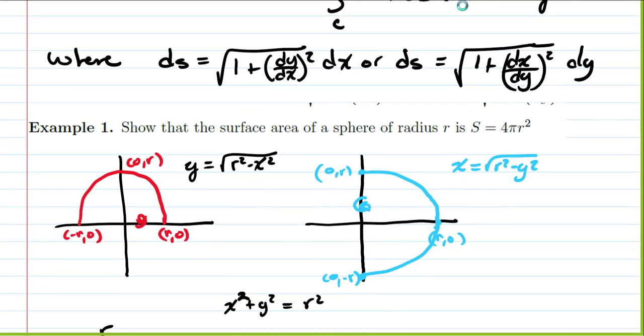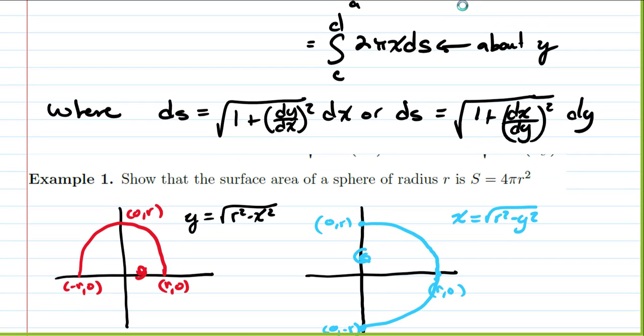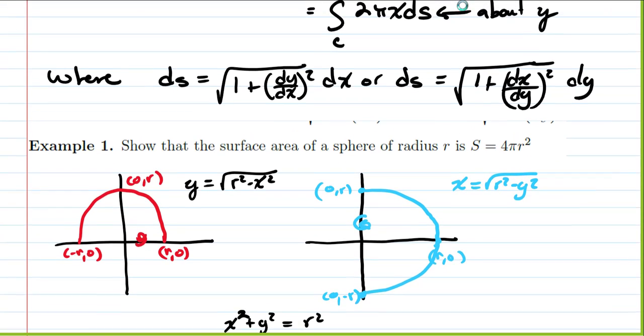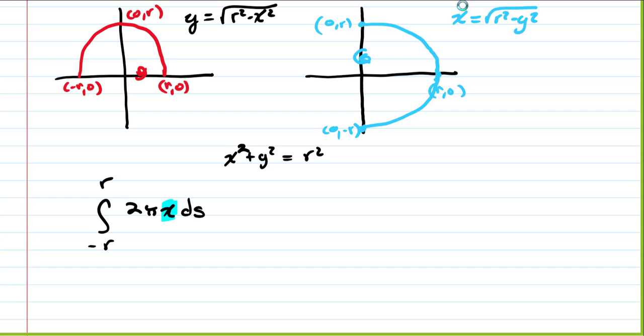Well, x is going to be what our function is right here. And ds, since we're substituting out our x as a function of y, we are going to select this ds to go with it. So then this is equal to the integral from negative r to r of 2 pi times the square root of r squared minus y squared times our ds,